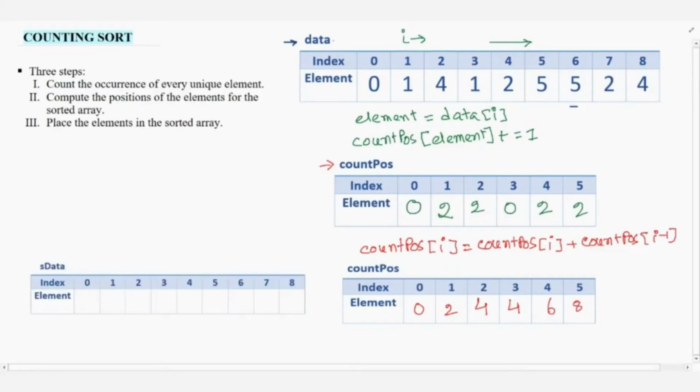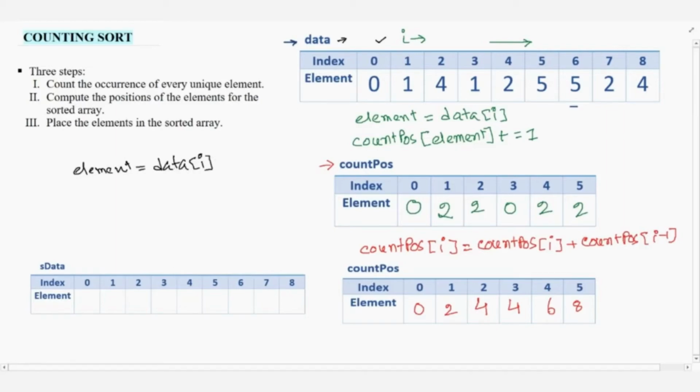So now we will iterate through the elements in the data array. We will take an element from the data array. So element equals data I. We have taken the ith data.